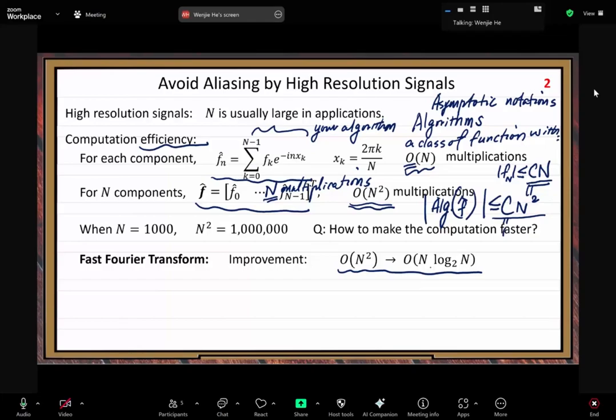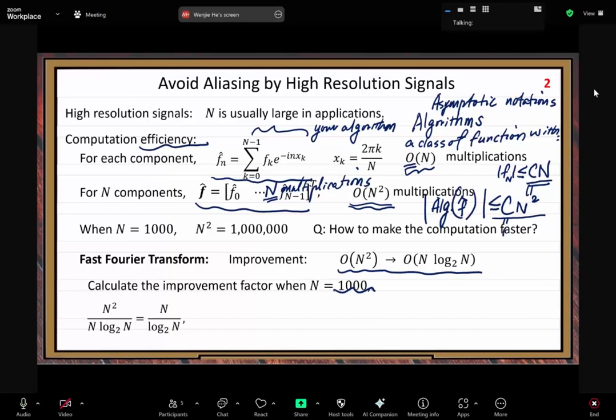All right, let's calculate the improvement factor when n equals 1,000. Let's take the ratio: n squared over n log base 2 of n. After cancellation, n over log base 2 of n. And this time, you can see the improvement is approximately 100. 100 to 1 ratio, right? So when your data size is 1,000,